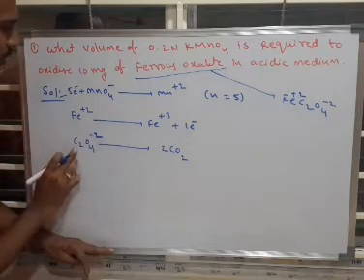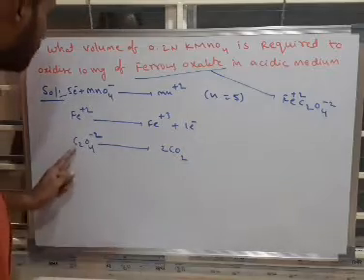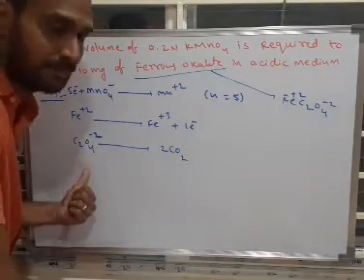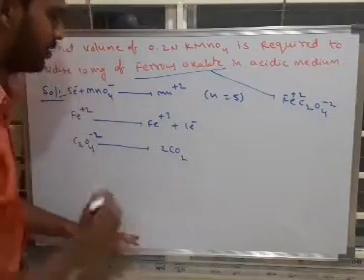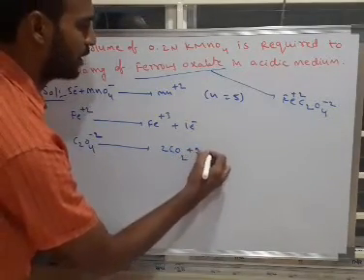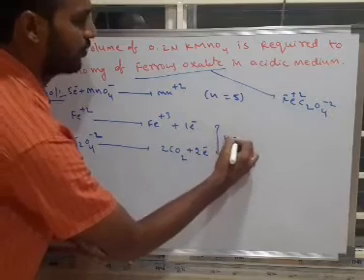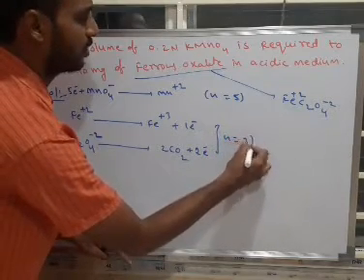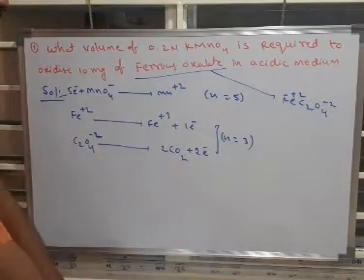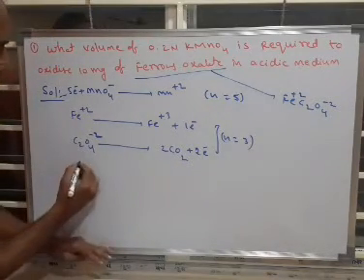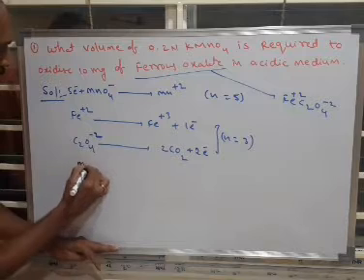Now how many electrons? 2 carbons. The oxidation number of the 2 carbons is plus 3 here, plus 4 there. So the 2 carbons undergo oxidation, so there is a loss of 2 electrons. The total for oxidation, the n factor, is equal to 3. And we have to equalize. So therefore,